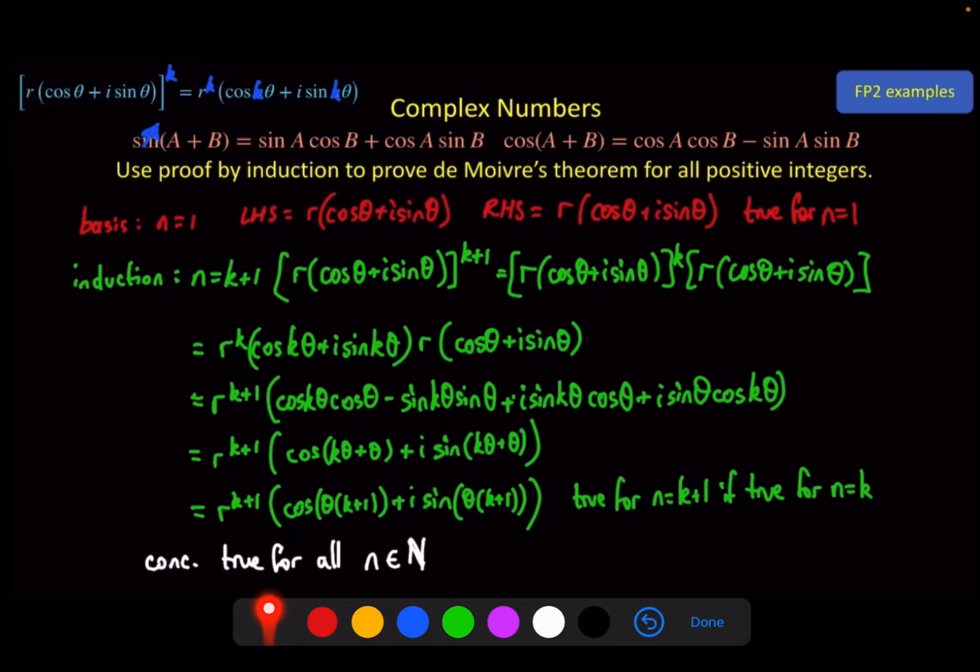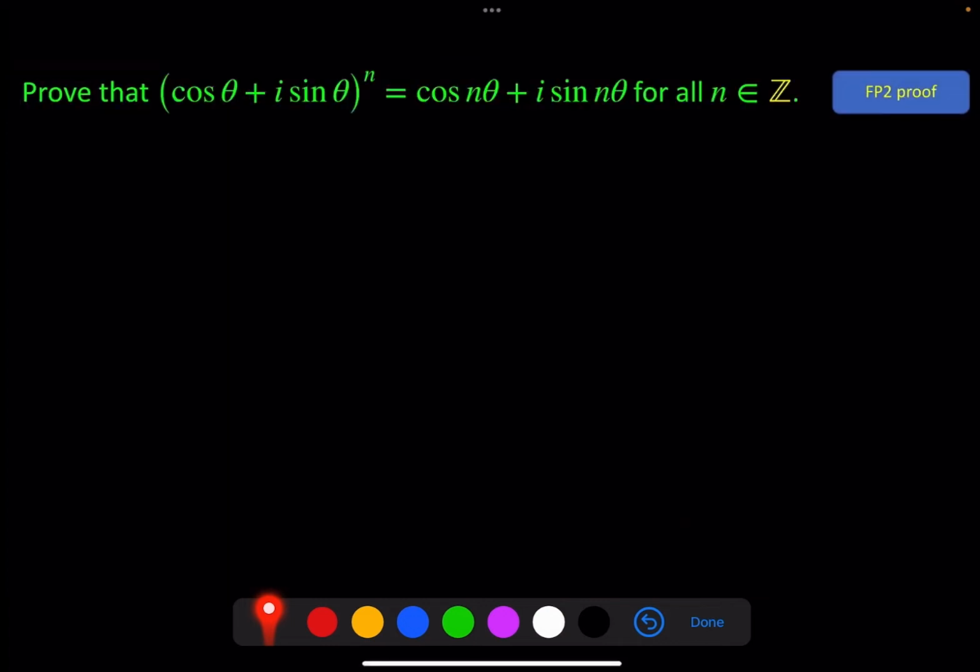What we're going to do in this video is not the full thing. I'm not going to worry about the modulus, because each time that's quite straightforward. You get one here, you get another one, and you put them together. That's not the difficult part. The difficult part is the trig part, so that's where we're going to focus. So when we do this for all integers, we've done it for positive integers, we need to do it for